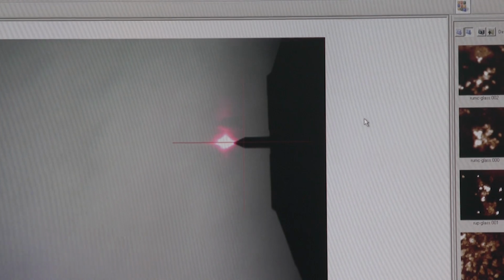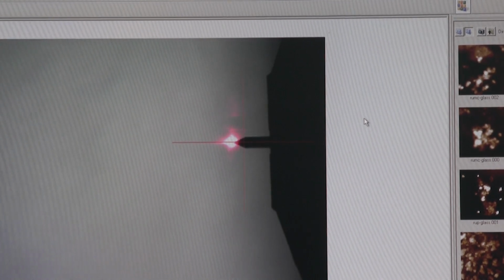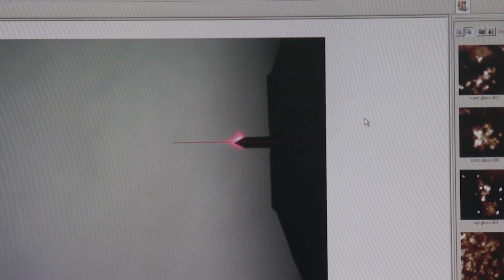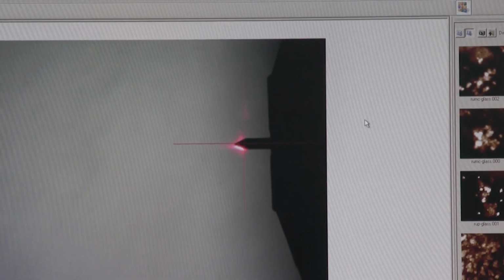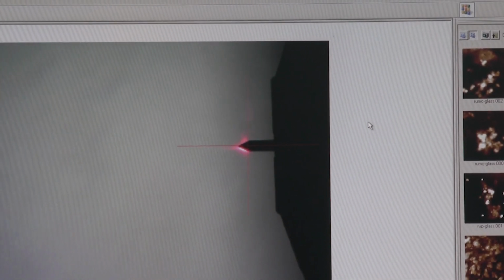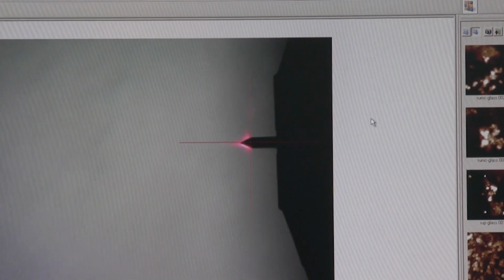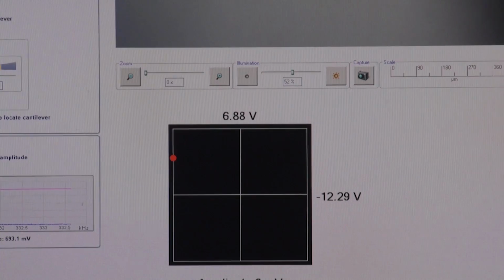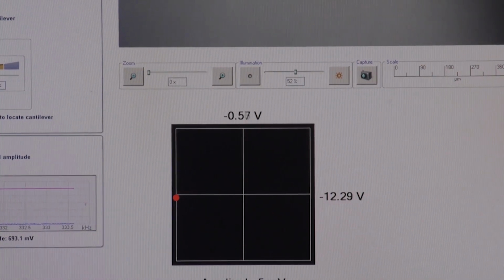Now we will align the laser on the top of the cantilever. Similarly, align the laser position at the center of the detector.